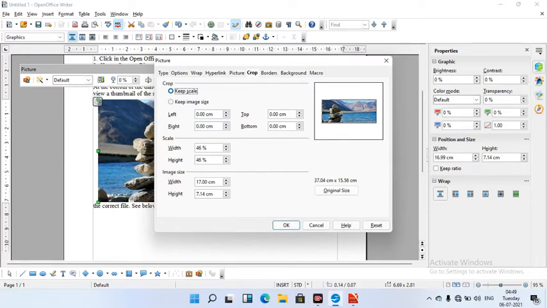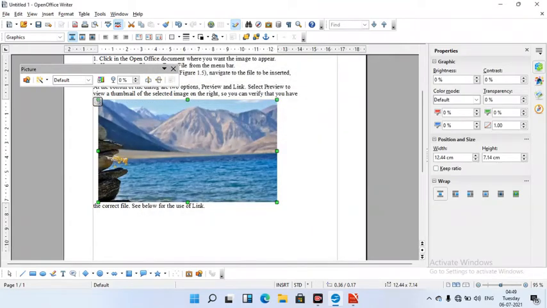We can resize or cut the picture. Suppose I select 10 centimeter from left, it will cut 10 centimeter from the left. If I press OK, the image will be cut. If I revert this with Ctrl Z, undo.